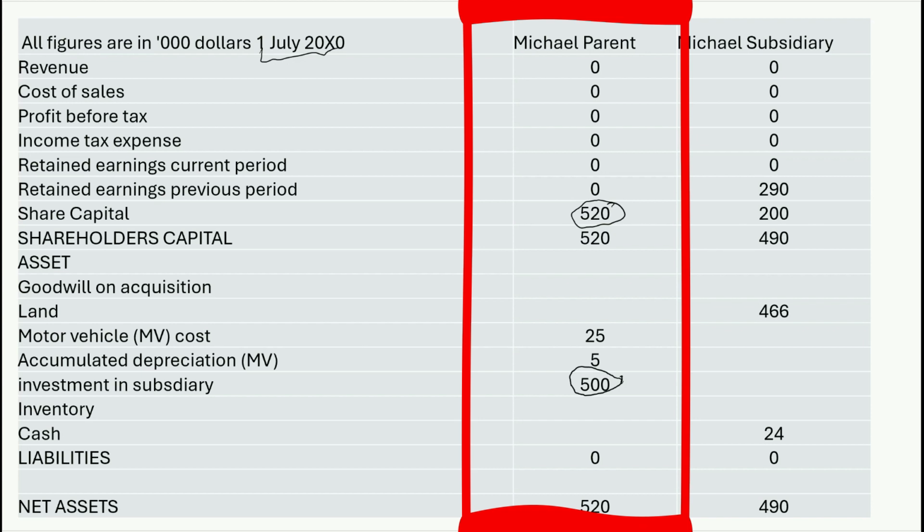That motor vehicle cost was $25,000 and had accumulated depreciation of $5,000. So the cost of the car was $20,000. So net assets, there are no liabilities. Net assets equal $520,000 and is supported by shareholders' capital of